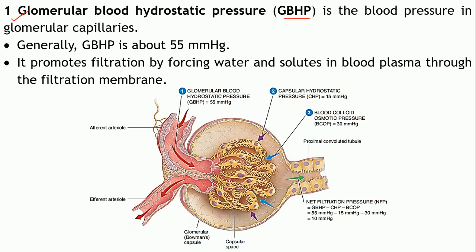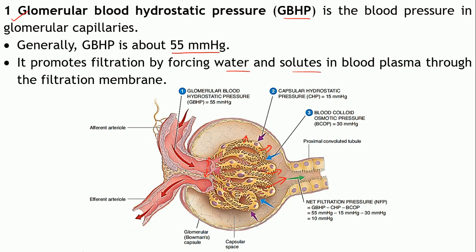So this pressure of the blood which is exerted on the walls of the capillaries, so it will be in the direction of walls of the capillaries, right? So in which direction it is exerting? Out of the capillaries, right? So it will promote the movement of your blood out of the capillaries. Blood in the sense the plasma. So this particular pressure is usually 55 mmHg. So it is forcing the water and the solutes which are present in the blood plasma through this filtration membrane which we have seen just now.